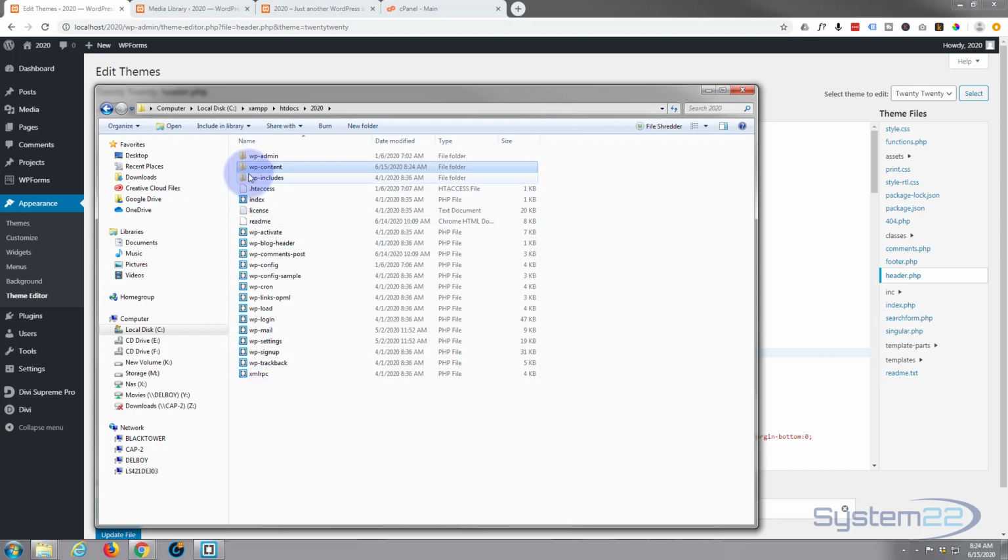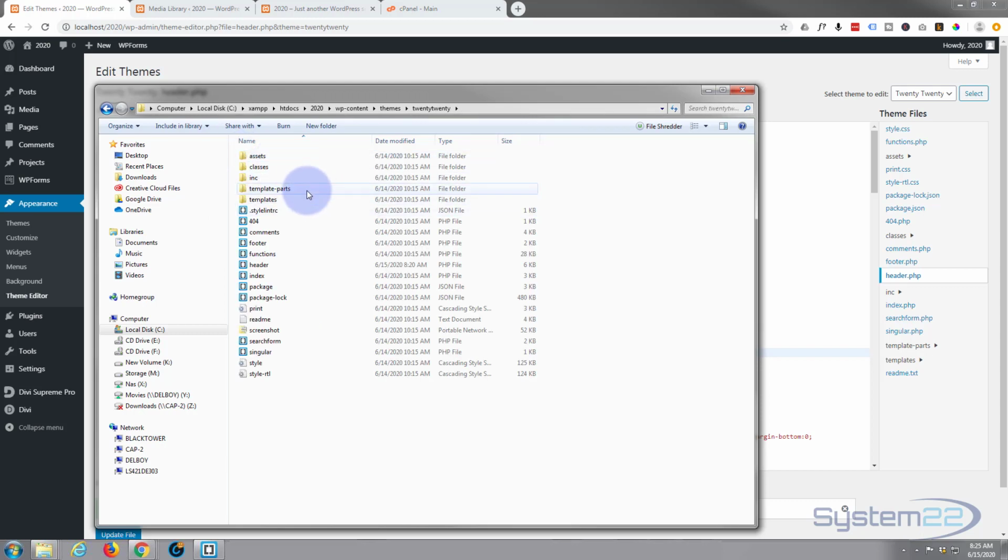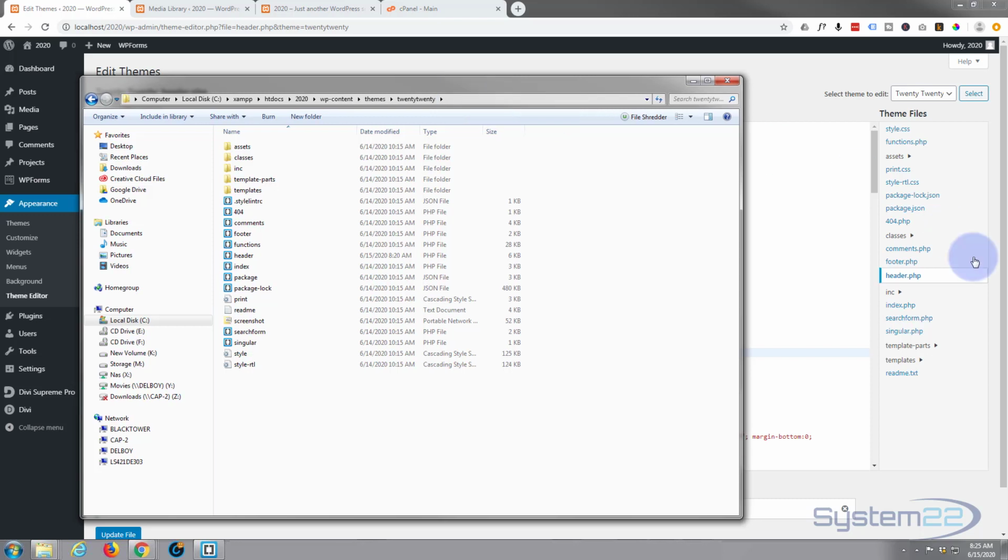And the files I'm talking about, if you go into WP content there and into whatever theme you're using, I'm using the 2020 theme, we'll go inside there. That's where you're going to find these core files we've been working on, the header PHP, and that's it right there. Now to make a copy,